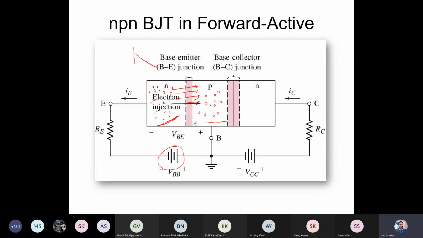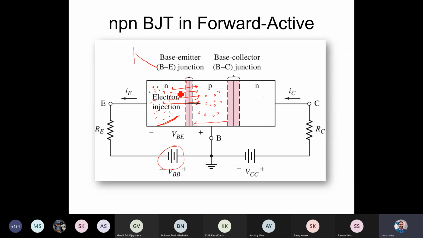So what's the possibility? The electrons may recombine, but we have to decrease this recombination rate so that the electrons which diffuse to the base region and pass through it now reach this interface. Since the collector terminal is connected to the positive terminal, the collector has a much higher potential. So the electrons are being swept away.